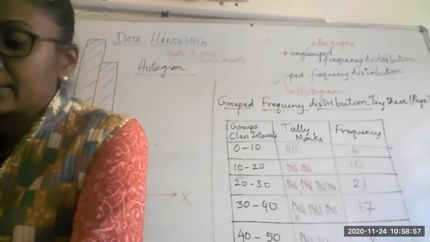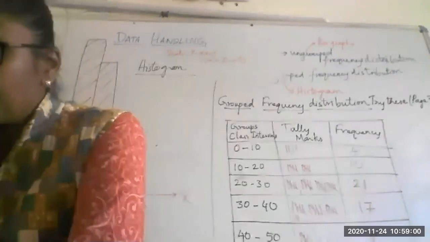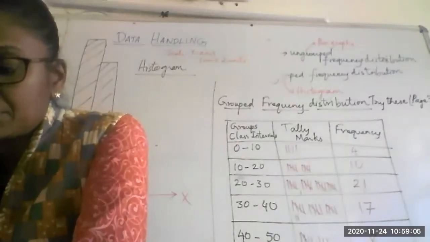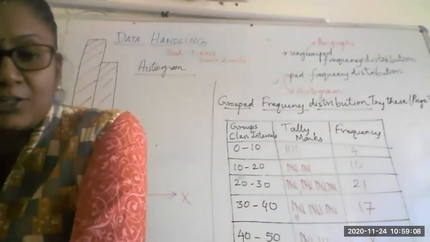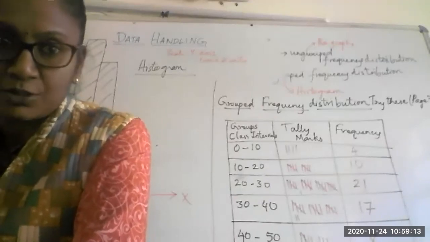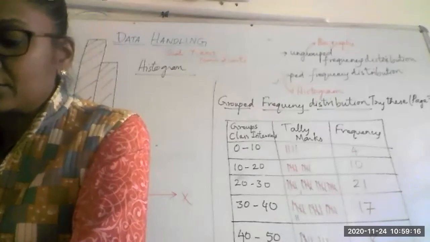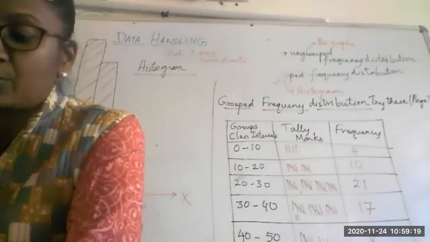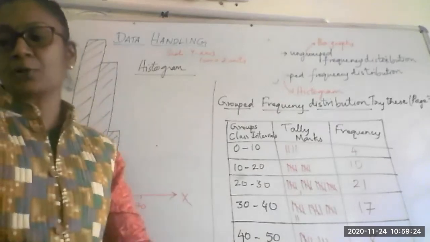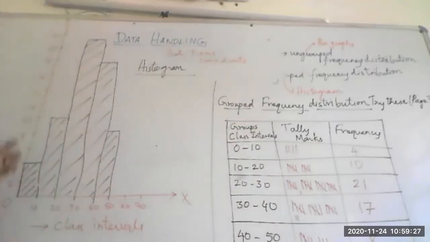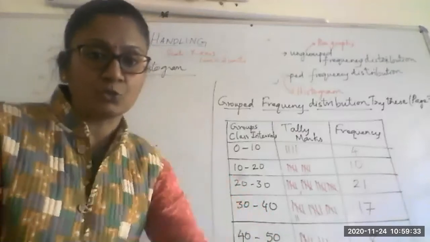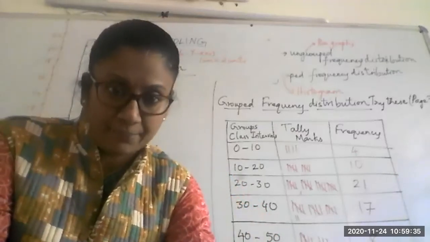The third problem is salary of people. So you have to prepare a class interval. They have already given you the clue. The class intervals will be between 800 and 810, 810 and 820, etc. So prepare the class intervals and then put the tally marks and find out the frequency. Then the last one, the fourth one, you have to draw the frequency distribution curve. That is the histogram. So for the third problem you will prepare the table, and for the fourth problem you will draw the histogram. So 2, 3, and 4, you have to complete and show it to me when we meet back on Thursday. Is that clear?